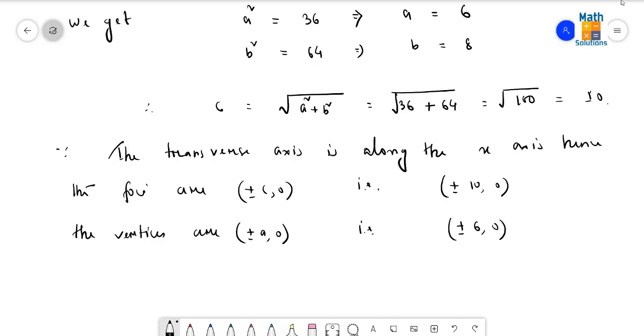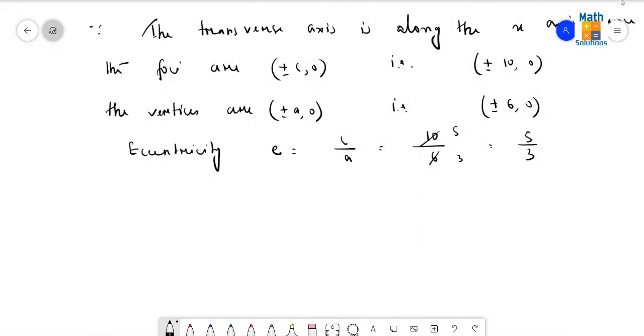Then eccentricity e is equal to c by a. C means what? 10. A is what? 6. Let's do cancellation. It is 5 by 3. And